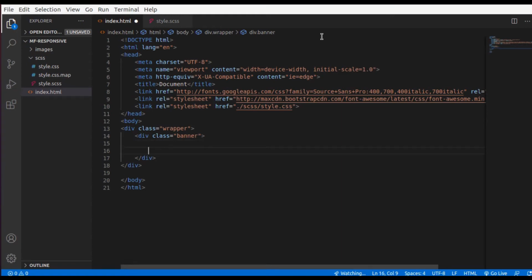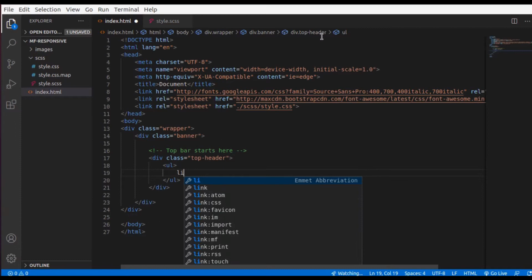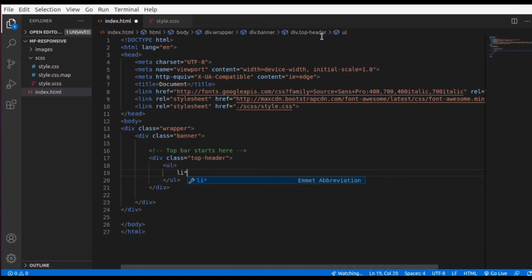I'm going to say the first stars here. I'm going to select all this and say Ctrl/ to comment it out. Then I'm going to say div dot top header. So let's create our top header. Inside this top header we are going to create the UL and then li. So I need basically one li for now, and inside this li I'm going to give it a